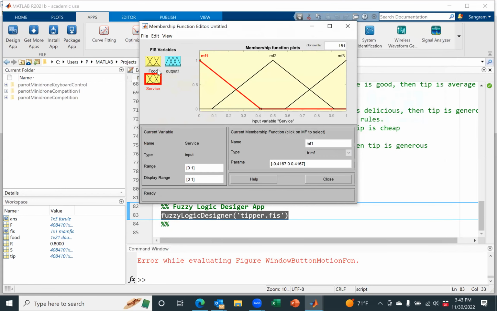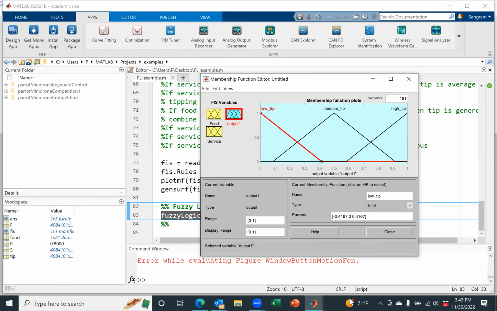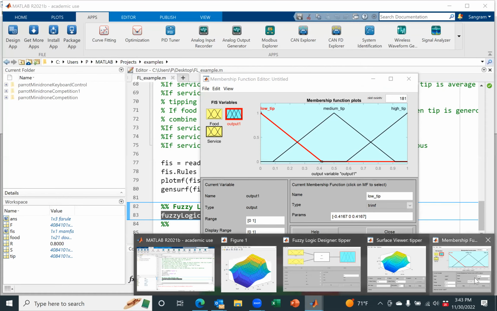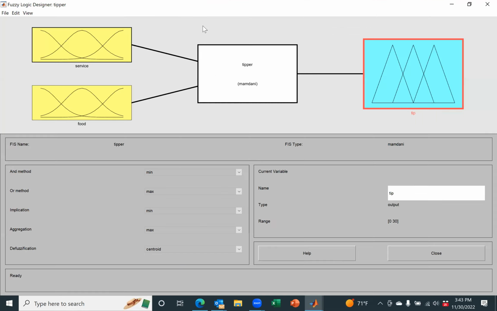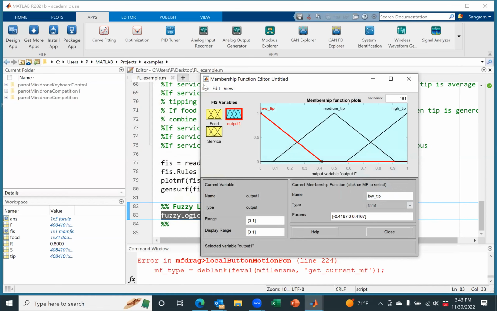So now I have this food service. I go to output and then change this. Now I constructed it, I look at the rules. So I got service, I got food. Okay. So where did my